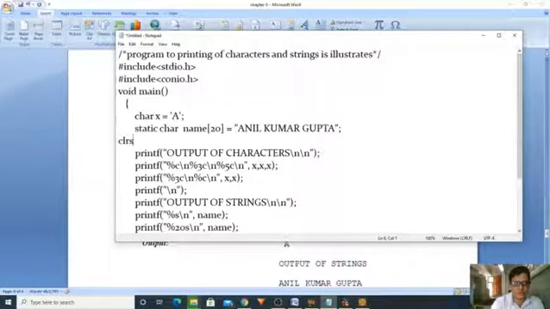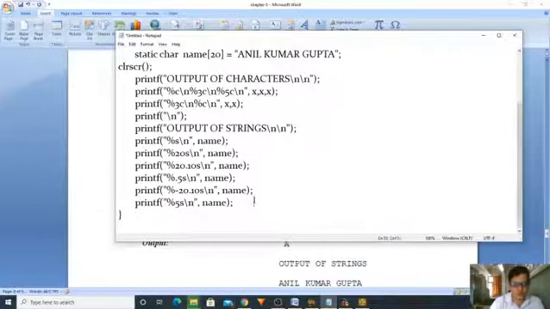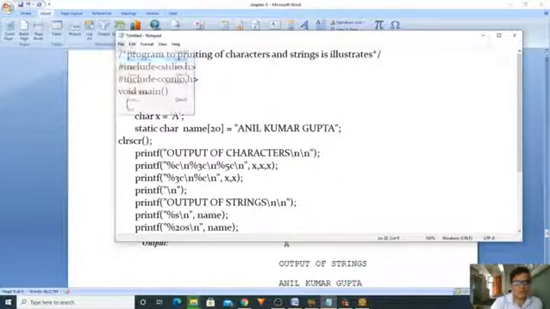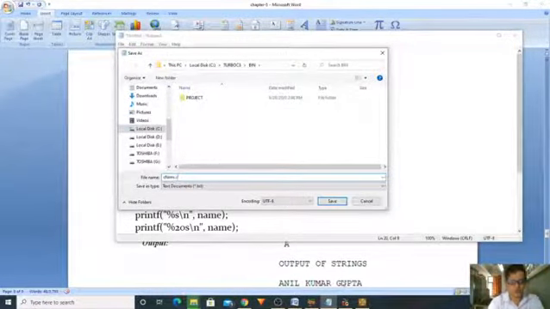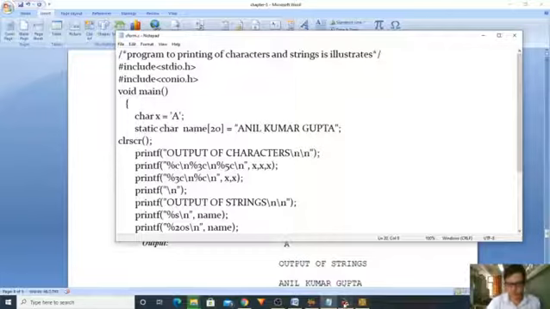After that, afterwards we have to give the getch function. Now I will save it as cform.c, the character form.